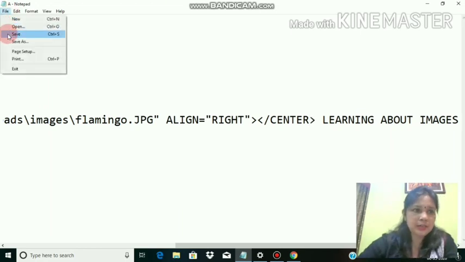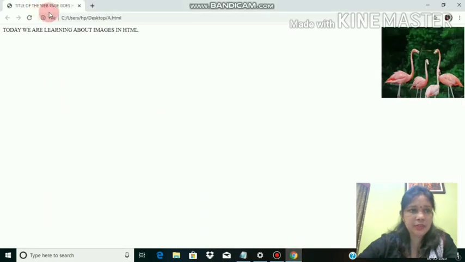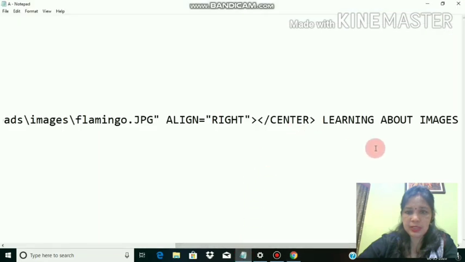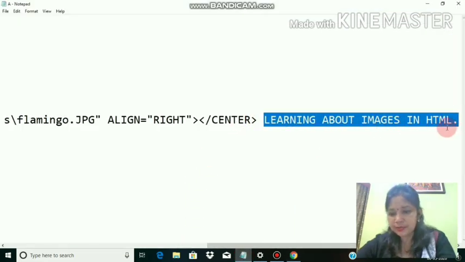File, save, and then refresh your page. Okay, so now this is in the center, and after that this part has come. I think with this text you are not able to understand. Let me remove it.